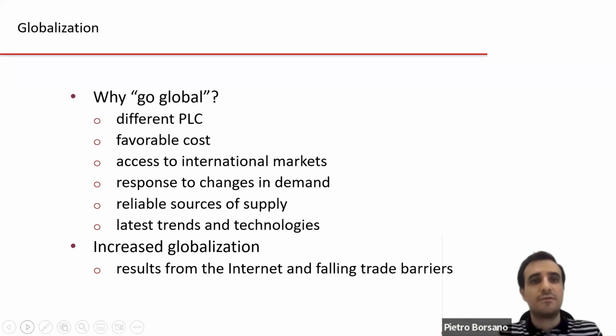and in shaping the factors that affect operations, such as the role of the product life cycle in driving globalization over the past 30 years. Other reasons behind this were to find sources of supply, exploit trends and technology, and of course, arbitrage of cost. So find places, geographies, where products could be produced at a lower cost.